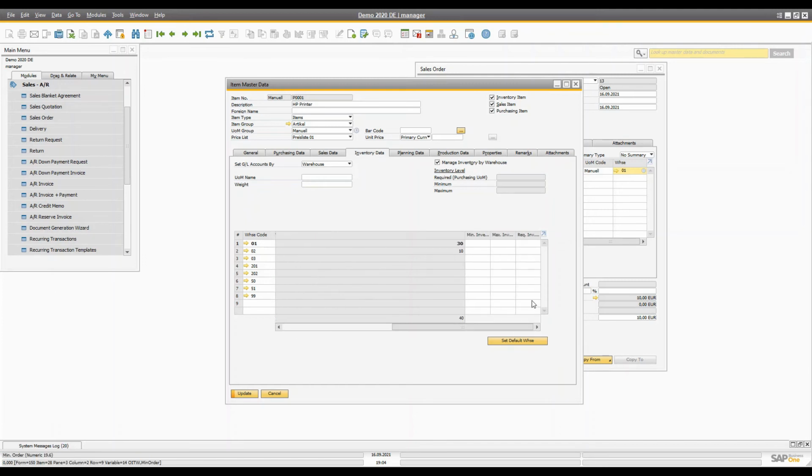So once you unselect that, then you're gonna see these 3 columns by each warehouse, and this one would be the universal for all the warehouses. So that's how they manage in there